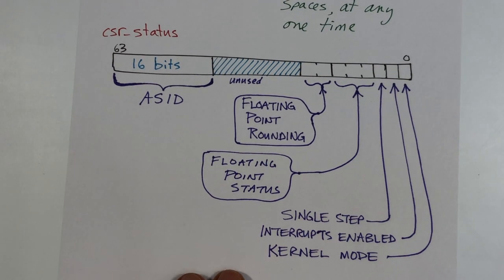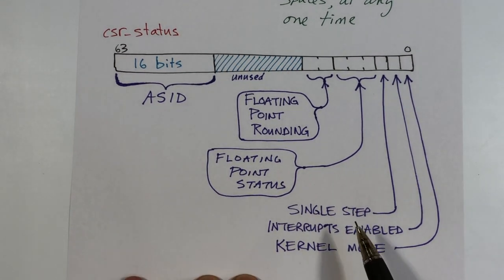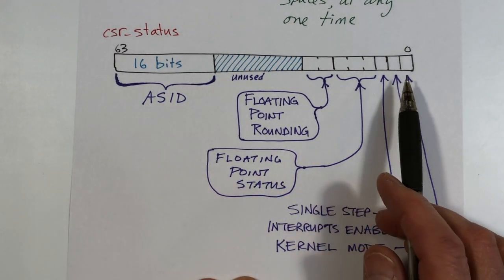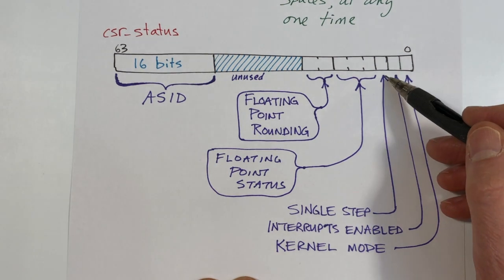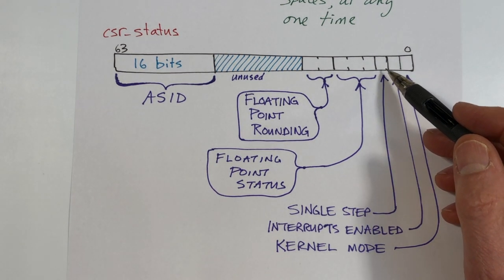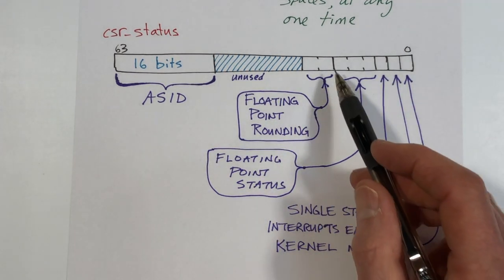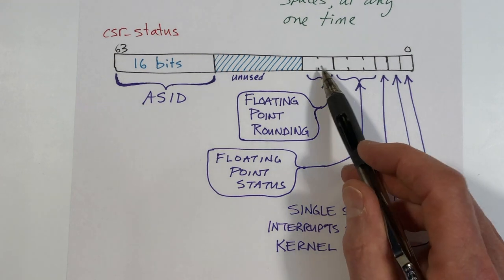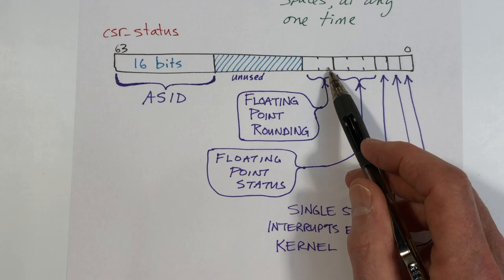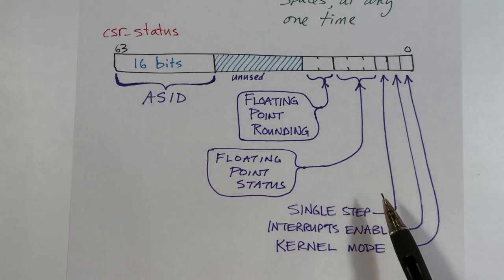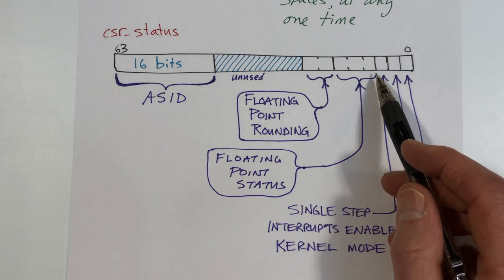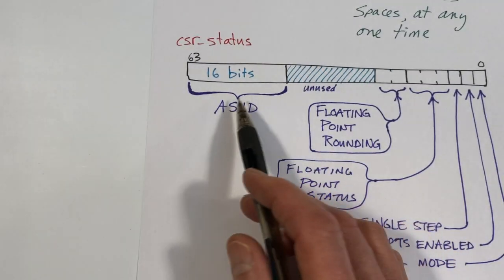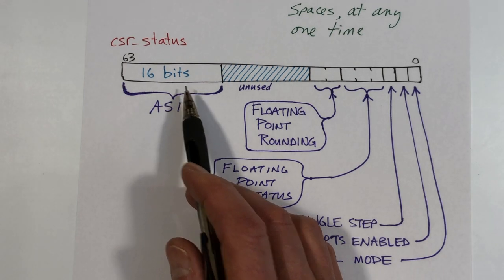So now let's take a look at the status register in full detail. This is the CSR status register, 64 bits, and we've already discussed the kernel mode bit and the interrupts enabled bit. There's also a single step bit, which is used to control single stepping. I'm not going to go into that in this video. And then you have some bits that are used by the floating point instructions. You have a couple of bits here that dictate how certain instructions will round their results, and this is all part of the IEEE floating point standard. You also have some status bits that indicate certain conditions, like whether overflow has occurred or not a number, things like that. Then you have a bunch of unused bits,